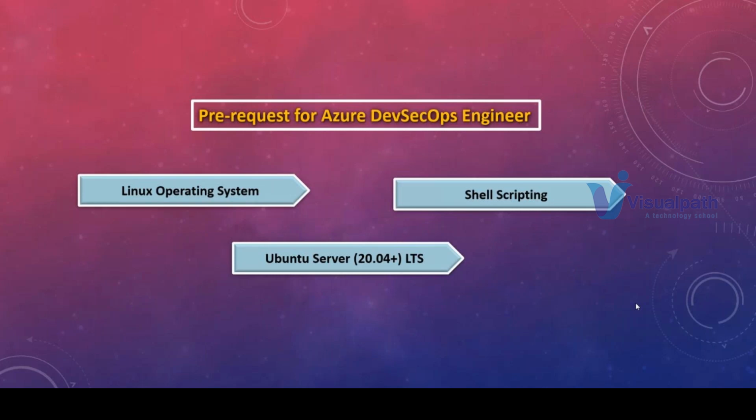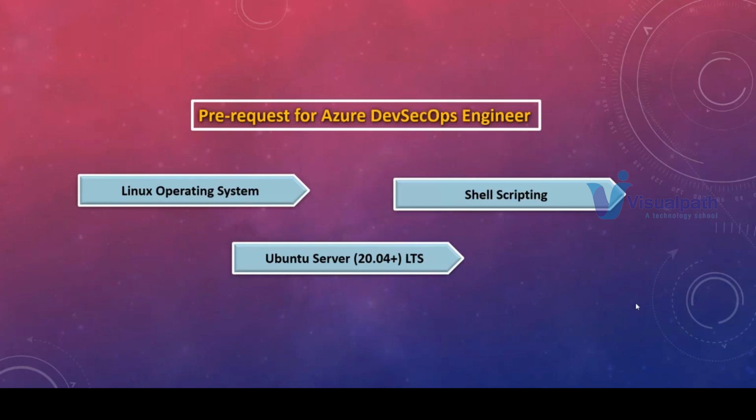Now, in Ubuntu, we have so many versions. Every version is represented by numbers like 11, 10, 12, 13, 14, 15. Right now, the latest one is 23. But we have to use only even numbers. We should not use odd numbers in Ubuntu. Why? Because the odd-numbered versions are for development of functionality. Whereas the stable versions are 20, 22, 24. 24 is not yet released, it is under development. And we have 18, 16, 14, 12, 10. These are stable versions, and they are recommended for use in production servers.